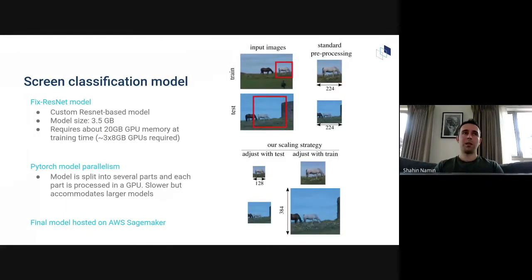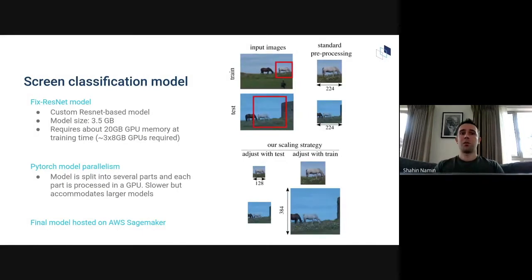We used 3 GPUs of 8 gigabyte memory using a technique called model parallelism, which means that you split your model into smaller parts and you assign them to different GPUs, and the GPUs interact with each other and do the computation together in such a way that you can still train your model. So this process is slower than using a single GPU, but in the end, it allows you to train a model which is larger than the memory of a single GPU.